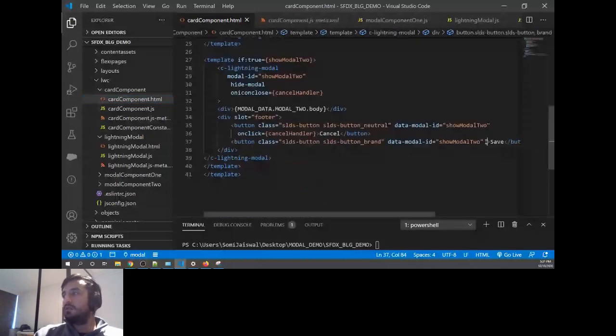So let's go to our screen and see if this cancel handler is working totally fine or not, whether our button is placing correctly within the slots or not. Okay, so now it's refreshed, and I click cancel, it's working totally fine. If I open this, I click cancel and it's also working totally fine. If I open this, it is able to differentiate whether this click is coming from the close icon or coming from the cancel button. So we solved our 2 or 3 issues.